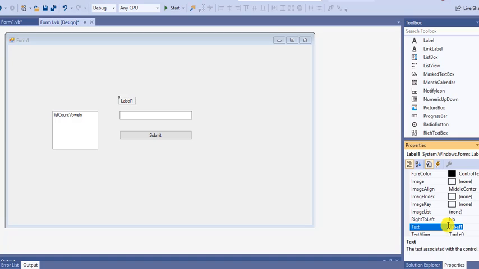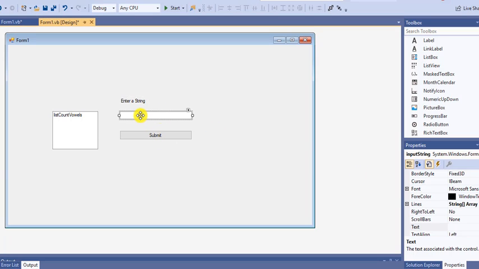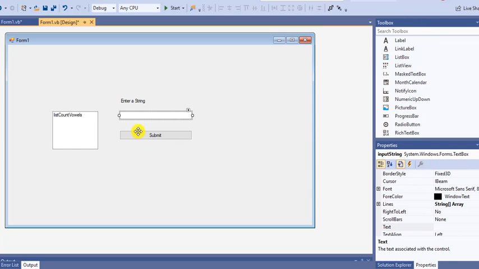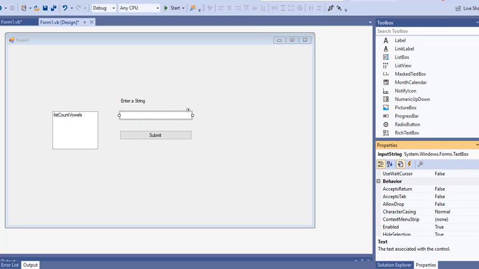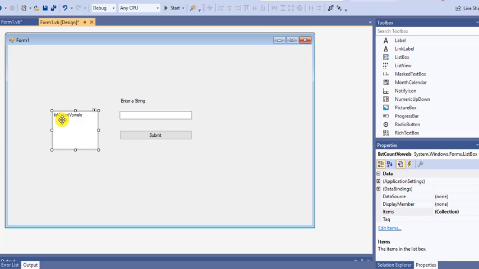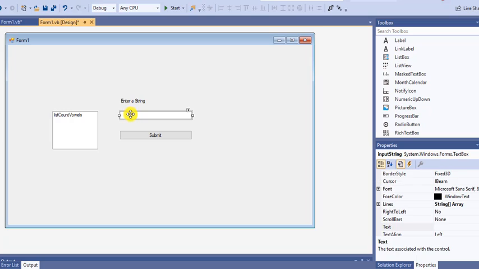Let's say "Enter a string." So we can put a label here, and this is a text field. I have placed a text field, and the text field I named as input string, and the submit button and a list box. So when you enter the string here and click the submit, we will take the input string and go over